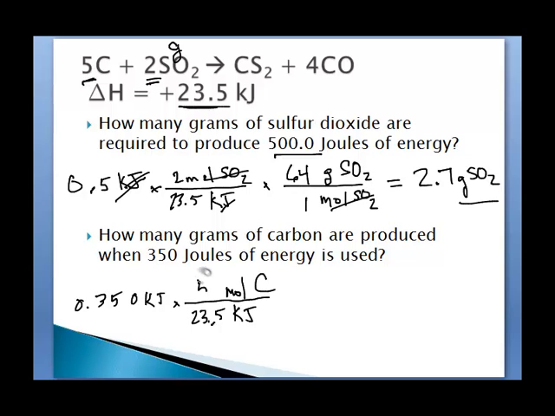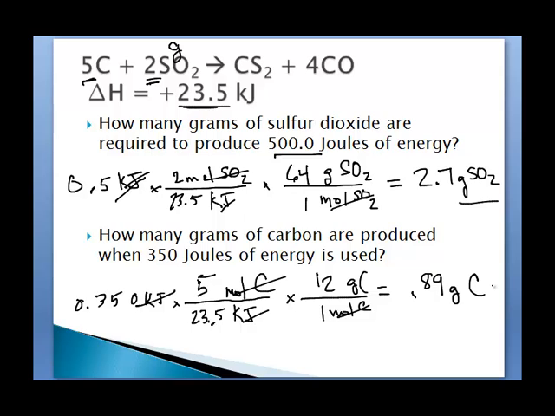The coefficient in front of carbon is 5, so our kilojoules cancel. 1 mole of carbon from the periodic table is 12 grams, so our moles cancel. And we're going to do the math. Times 5 divided by 23.5 times 12, and we're going to get 0.89